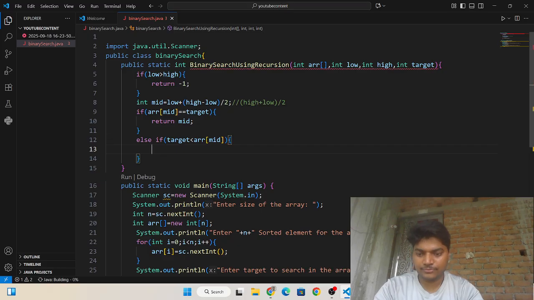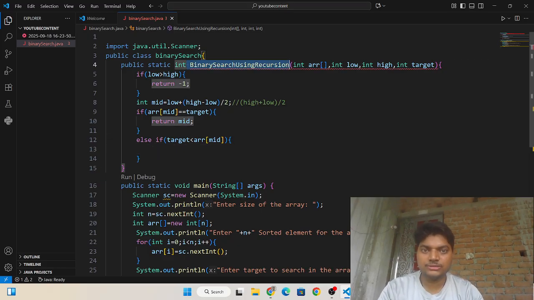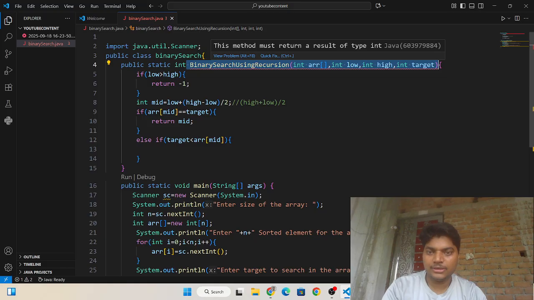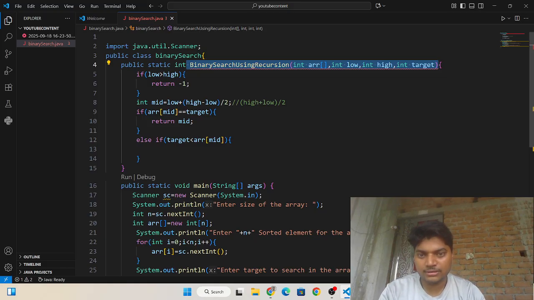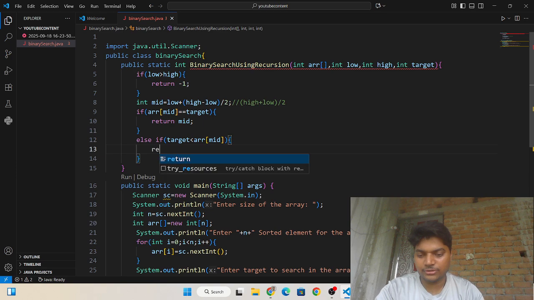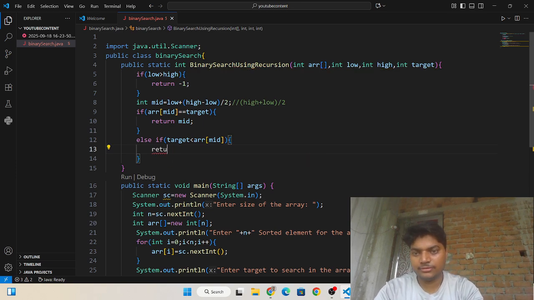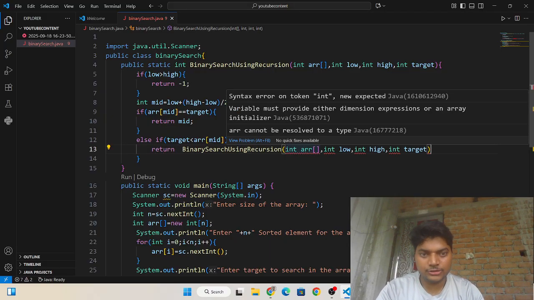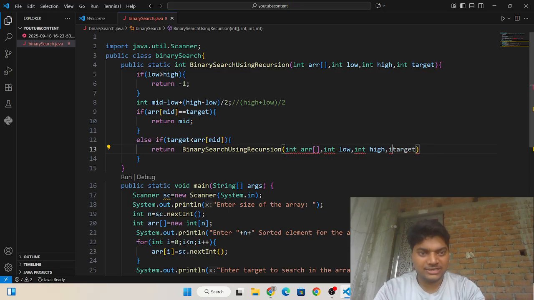This is the recursive call. Control C, and here I need to return, control V, and I need to remove all the int because I already declared them, so I do not need to repeat many times.